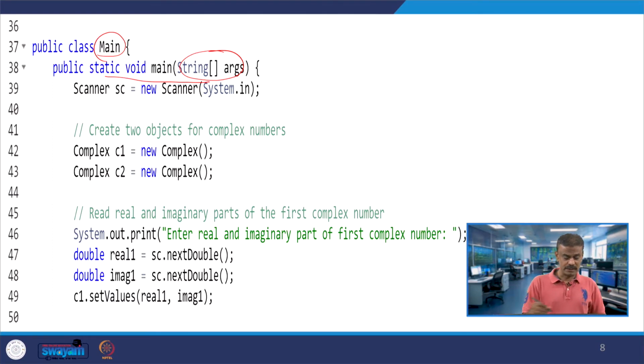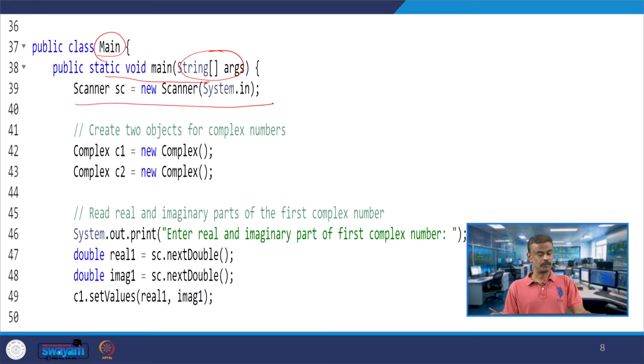Now, this inbuilt one is for taking the input from the user. This is the syntax that you write, which means you are going to take some input from the user. In fact, at line numbers 47 and 48, we are taking the input from the user. So, this inbuilt statement is required at line number 39.